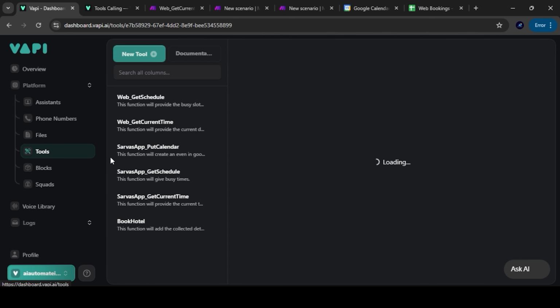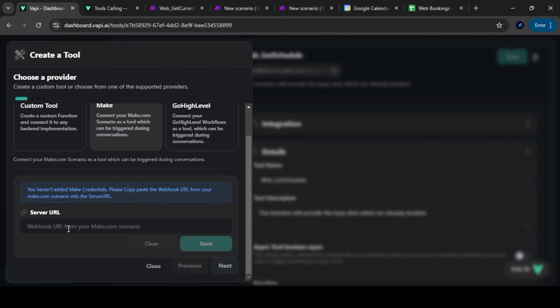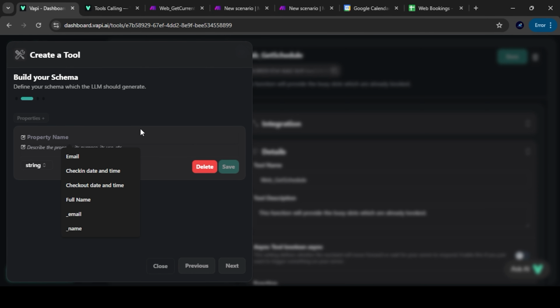Now let's go and create a function. Create a new tool, go to make, paste the URL, click on the save button, click on next, property name. Here we will define the property because we need some parameters over here. First would be the name, the full name of the customer.